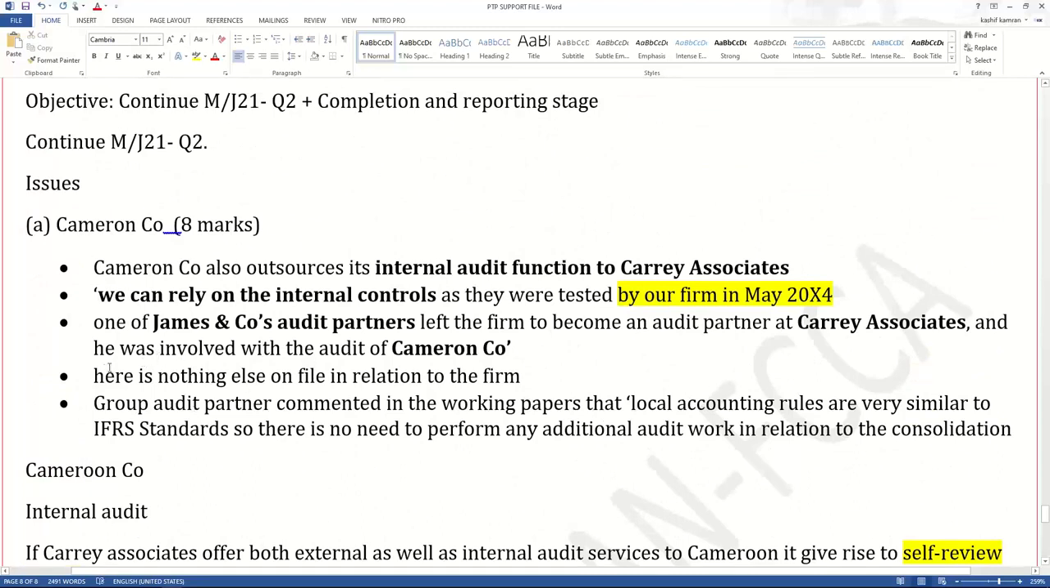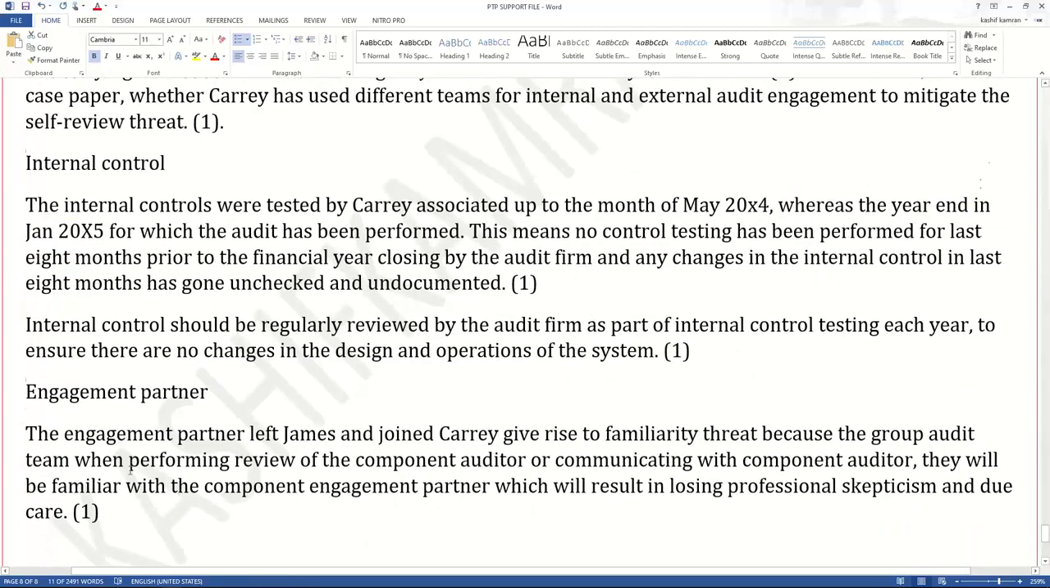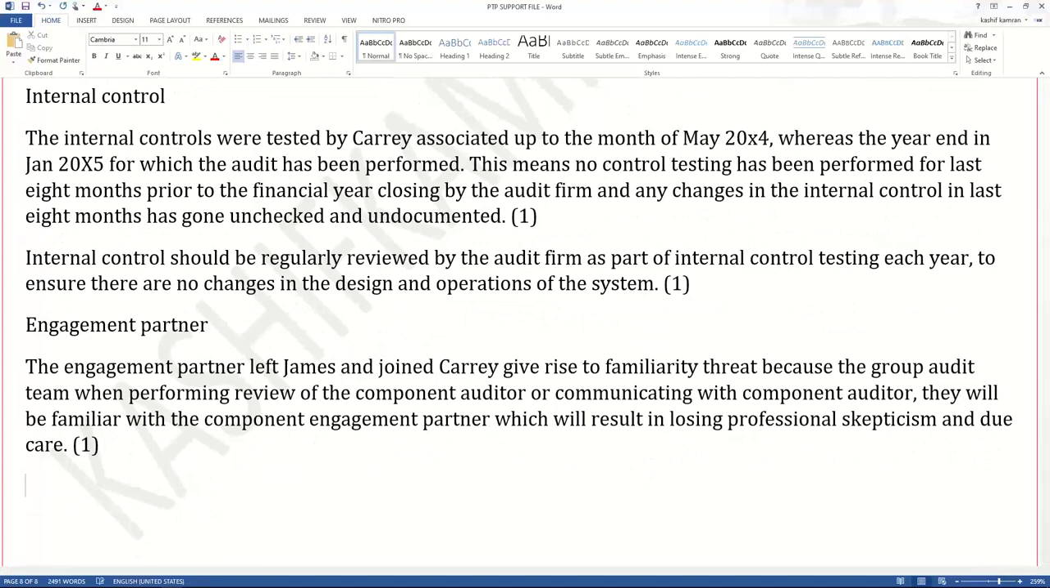Have we performed a proper review of Carey Associate? Have we performed a proper review of the independence, competence, and experience of Carey Associate? Because the next point says, there is nothing else on the file in relation to that. I hope you remember the session yesterday when we were reading the case of Cameroon. We have not performed a proper check and balance on Carey. So the next point, under the engagement partner, due to the familiarity